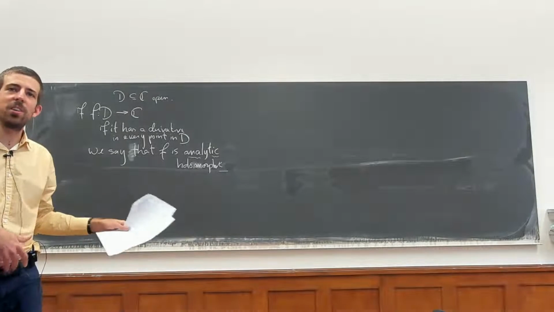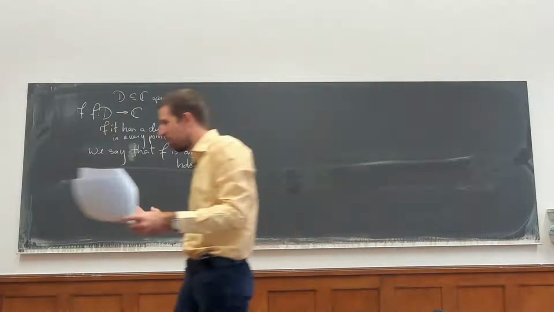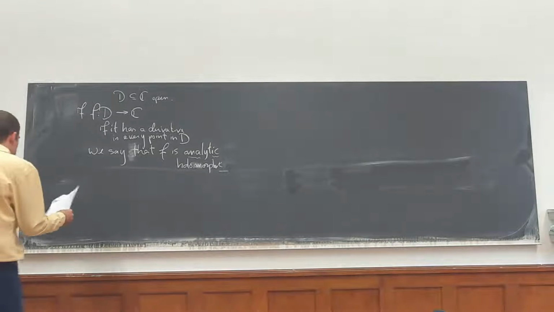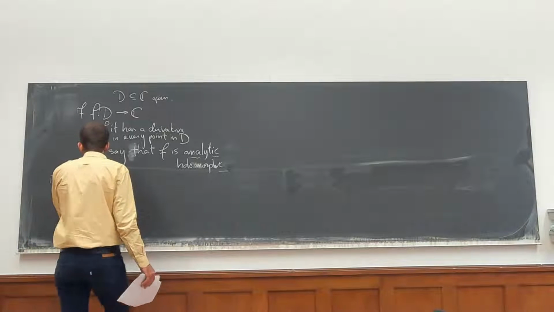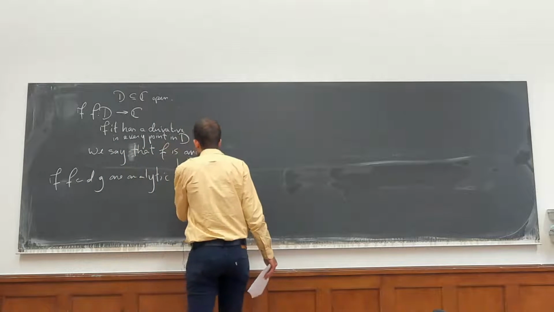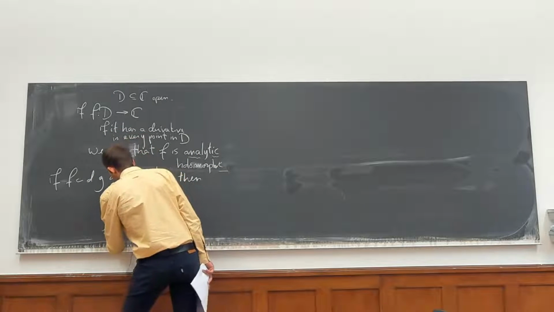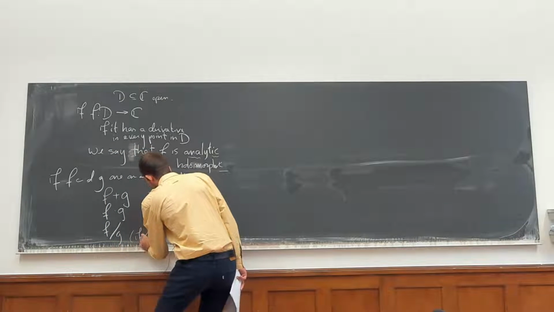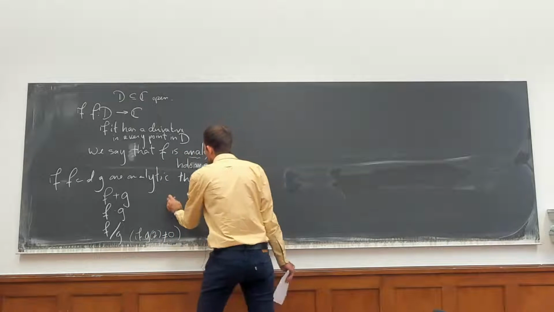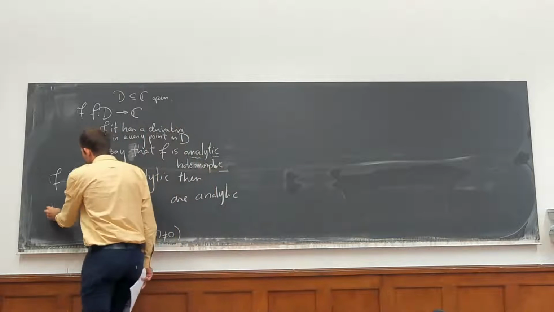Now of course, some housekeeping is in order. We better make sure that if a function is analytic, then the sum is analytic, the product is analytic, the quotient is analytic, and all this. I'm going to save you from writing down all those limits, but this is a very good exercise. So if f and g are analytic, then f plus g, f times g, and f over g, of course if g is not 0 in a domain, are analytic. This is very good homework.